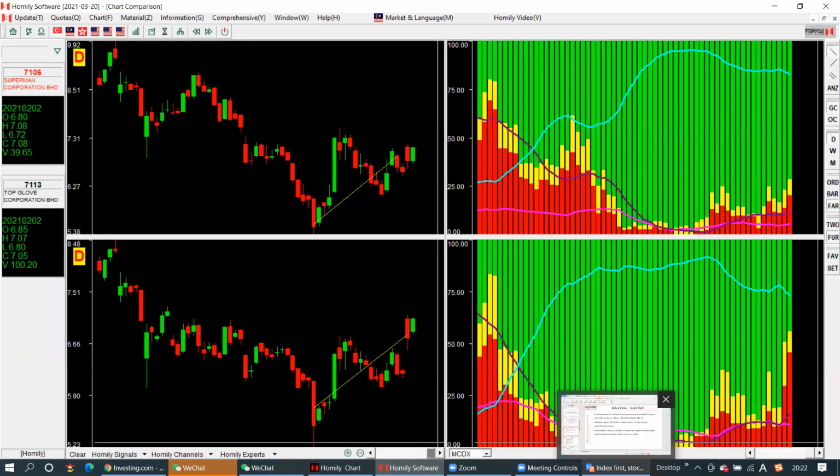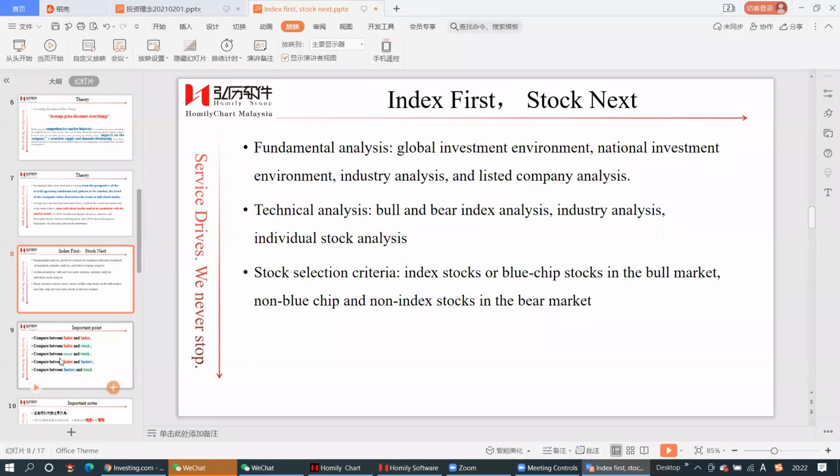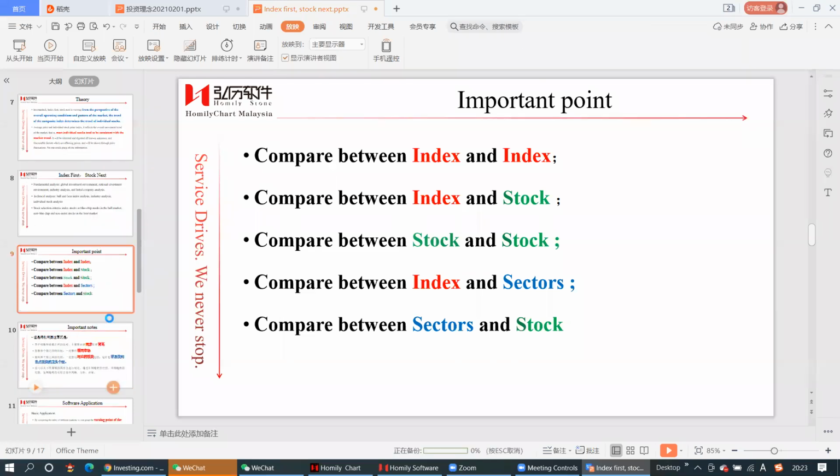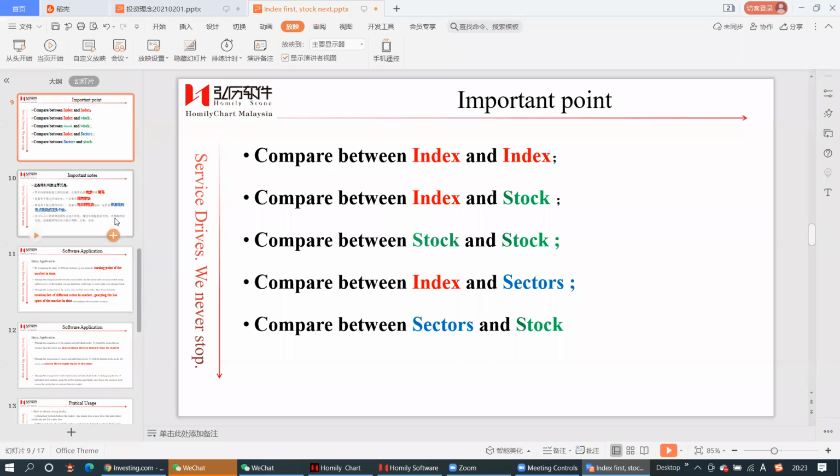So we continue with our slide. So here, just now I showed you that we compare between the index and the index, between the index and the stock, between the stock and the stock, and even the sector and the index, and even the sector and the stock. All these things you can do by yourself, okay? And what we need to go and study is about